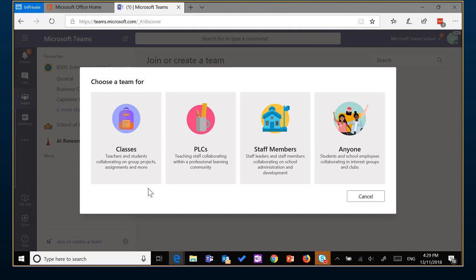You would see, for example, in a professional learning community, a PLC notebook added instead of a class notebook, and in the staff team members, you'd see a staff notebook. If we think about, well, maybe I'm part of an internal project team and we don't need these different types of notebooks for an assignment service, I just want the anyone team type. And that's really the best type, whether it's for yourself, where you might be looking to do a project itself, or if we think about students being able to do things like running a student society. So if you were looking to create a research project, you might want to do a staff member team. If you're looking to collaborate with other people,